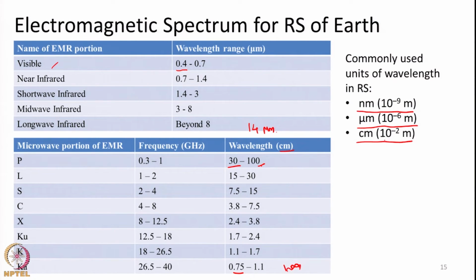So, and also one more thing I want to highlight is, each portion has a certain bandwidth that I have given in this particular table. If the wavelength ranges from this end to this end, like 0.4 to 0.7, I call it the visible portion. This range is slightly arbitrary in nature; arbitrary in the sense there is not a clear cut distinction between this